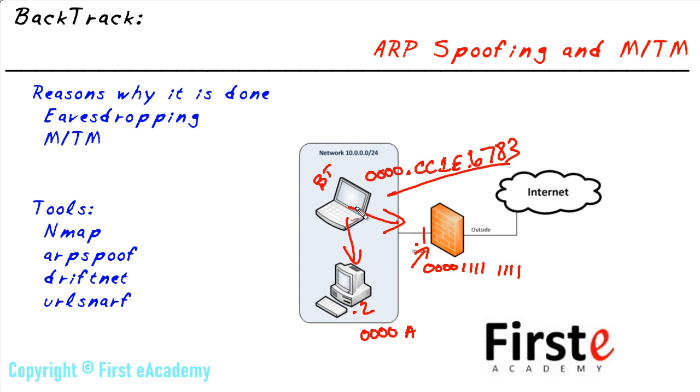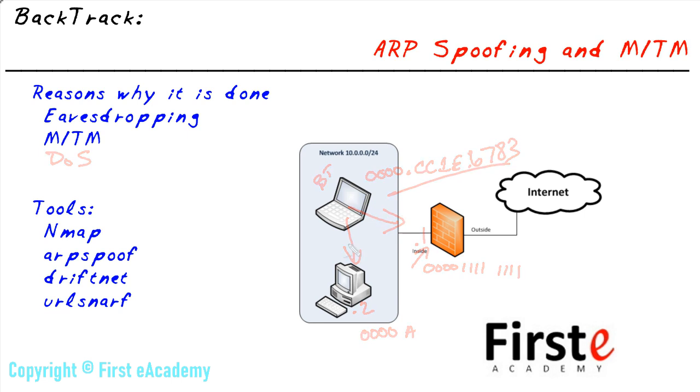Now, as a courtesy, of course, we'd want to make sure we're forwarding those frames on to the final destination so that we don't cause a complete denial of service. And that could be another reason we do the ARP spoofing, is simply to cause a complete failure of the PC to reach this default gateway. But if we want to route the traffic, all we need to do is set forwarding to on,